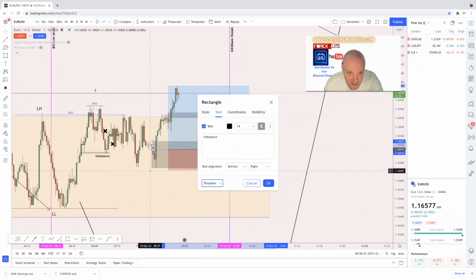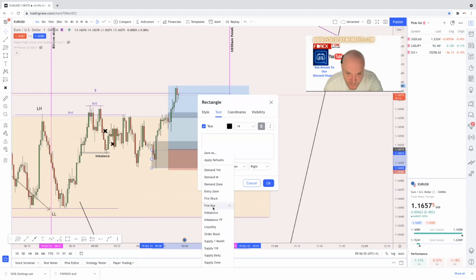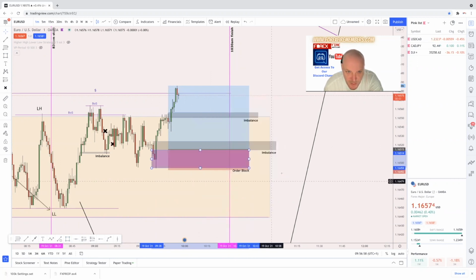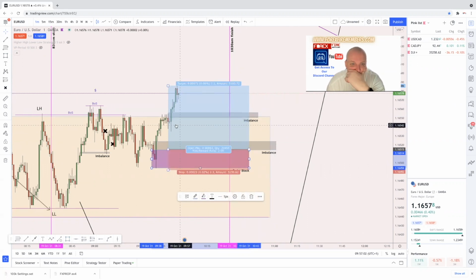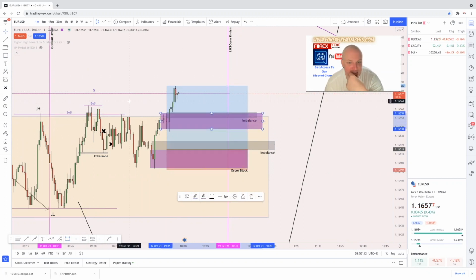That's imbalance. This here was the order block. We might get a reaction if I'm honest with you, but I think it was going to be a little bit too risky. We've got the imbalance nesting